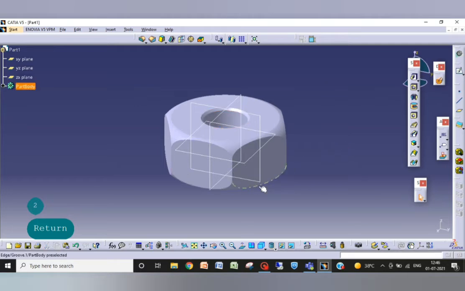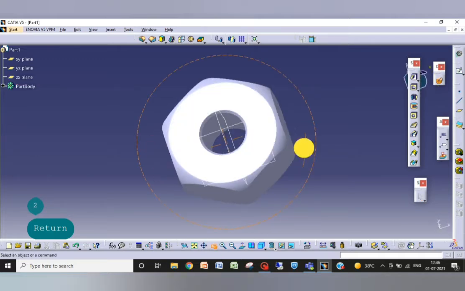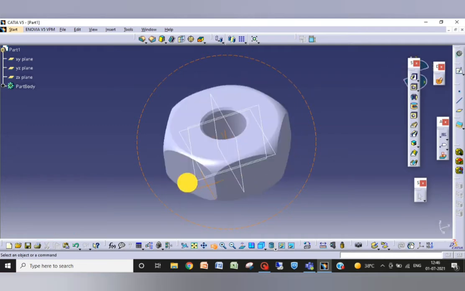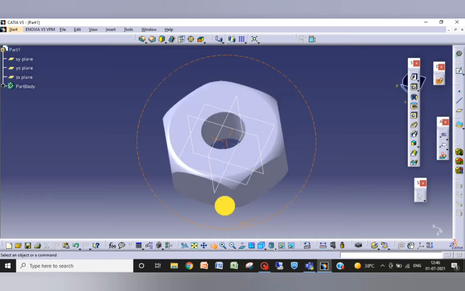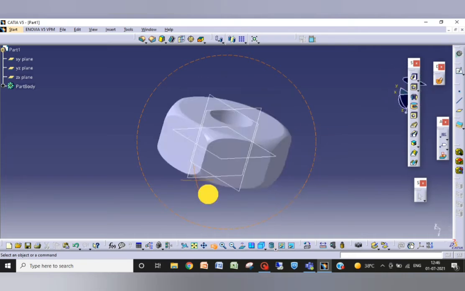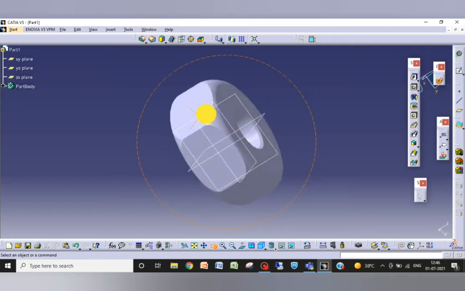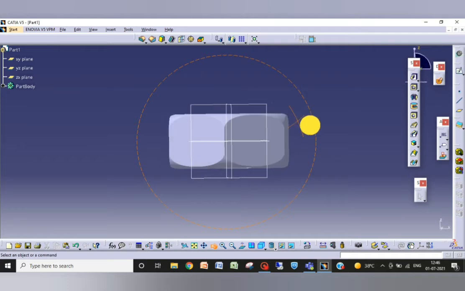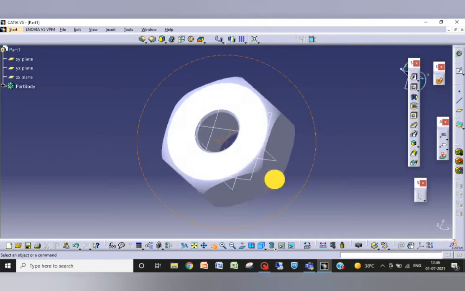Now you can see we have a nut as per the requirements. If you have ever seen a nut, it is like this only, though I haven't added those threads in it. Otherwise, the nut is completed.